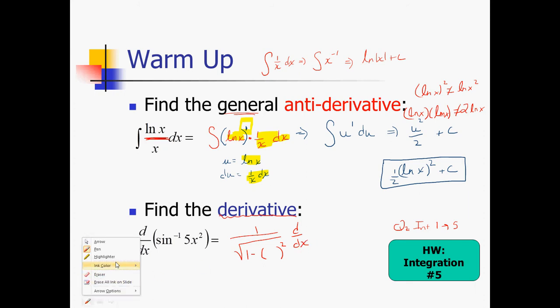And my stuff is 5x squared, so this simplifies to